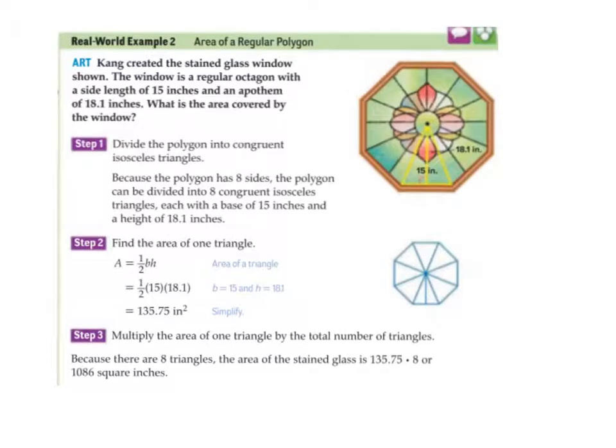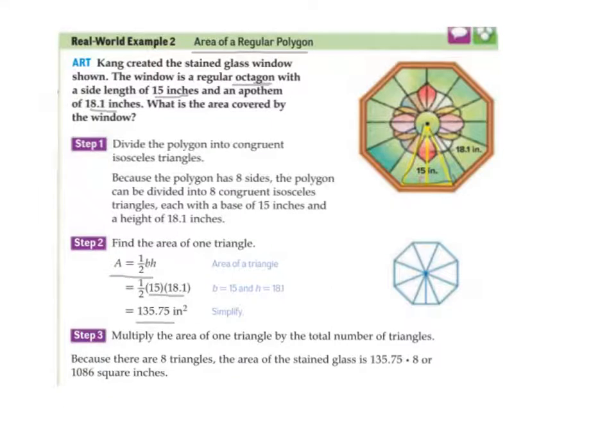Right, so now we're moving on to example 2, finding the area of a regular polygon. Again, look for the information. It's an octagon, so it's an 8-sided figure. The side length is 15 and the apothem is 18.1. Well, the apothem in this triangle that they've highlighted here is actually the perpendicular height. So you can go straight from that into the formula for the area of one triangle, which is half base times height. Substitute your base and your height for 15 and the 18.1 that they give you. So the yellow triangle that they've highlighted is